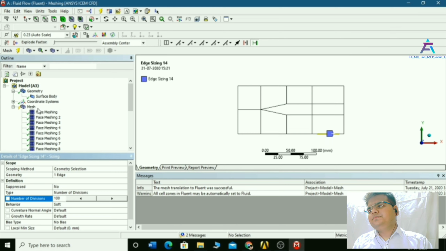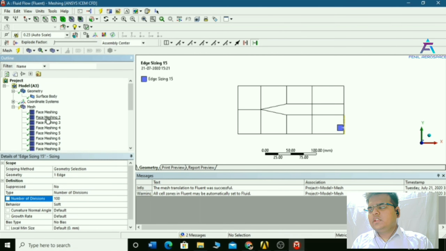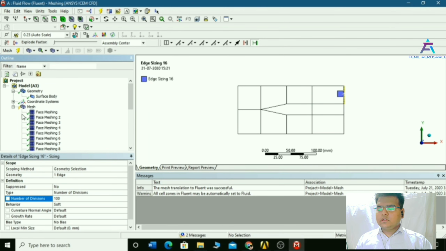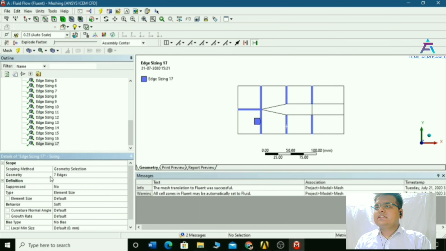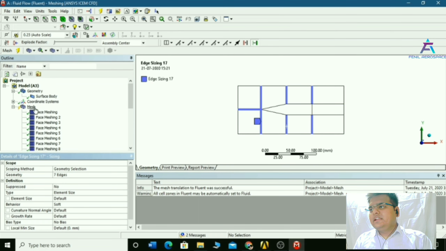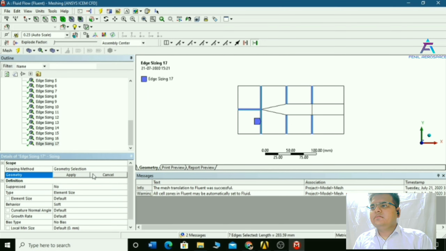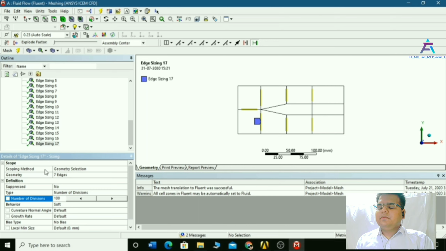Like this we need to do. We will get the rectangle or square. Now if we don't want to select every particular line, we can press control and select all the lines like this for saving time. But this works only if all line dimensions are the same, so we can use this feature by applying number of divisions.